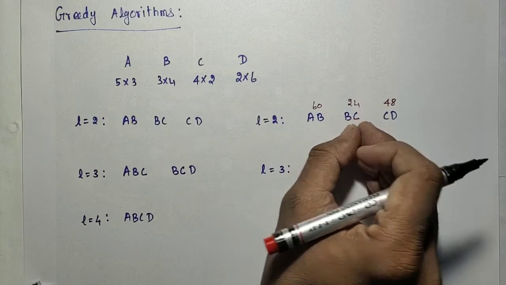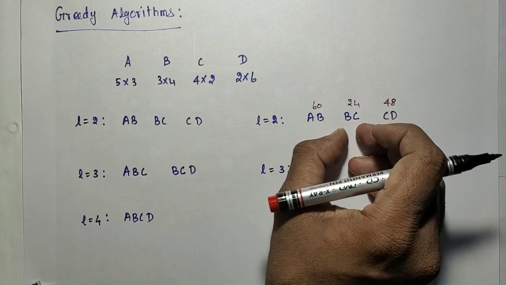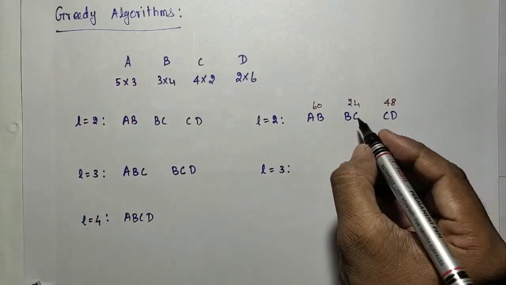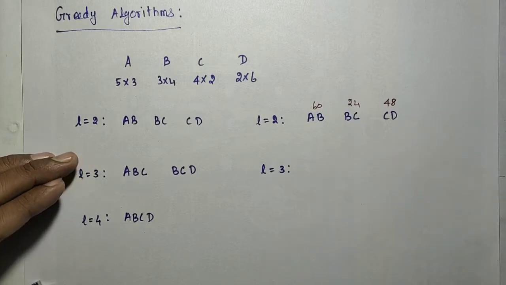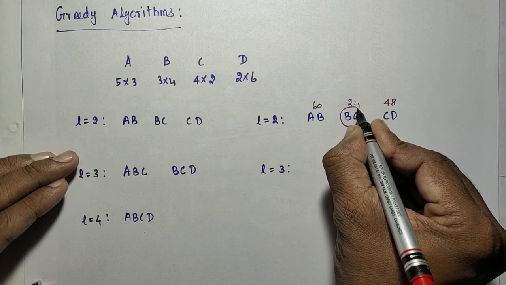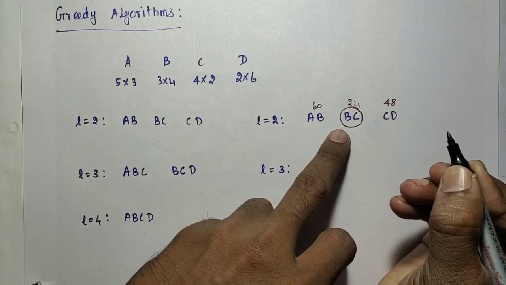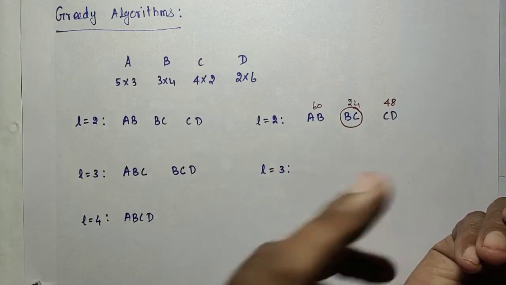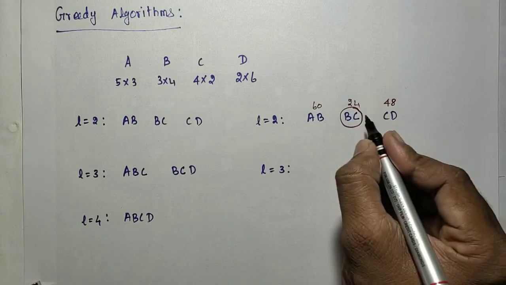Which one you choose at each level as the best, that choice is usually called a greedy choice. So here, we choose this one, and if I choose it, I will get the answer. So this is chosen as the greedy choice. Whether we get the exact solution or not, we don't know. But here it is looking best, so we are choosing that. It is a greedy choice we have made.